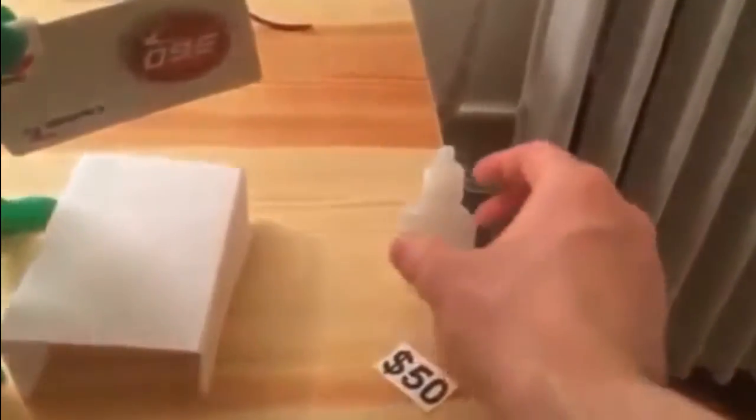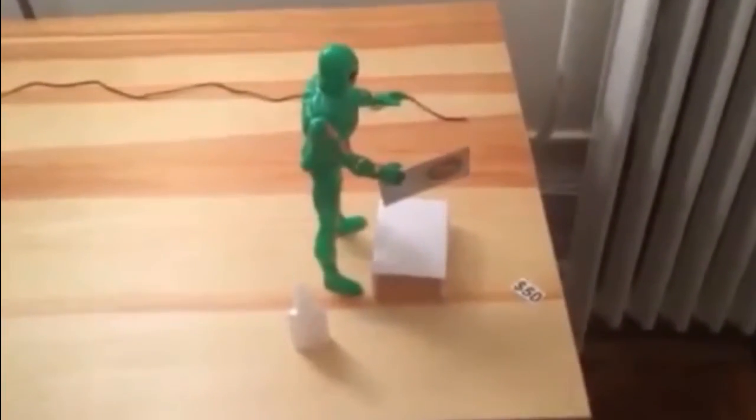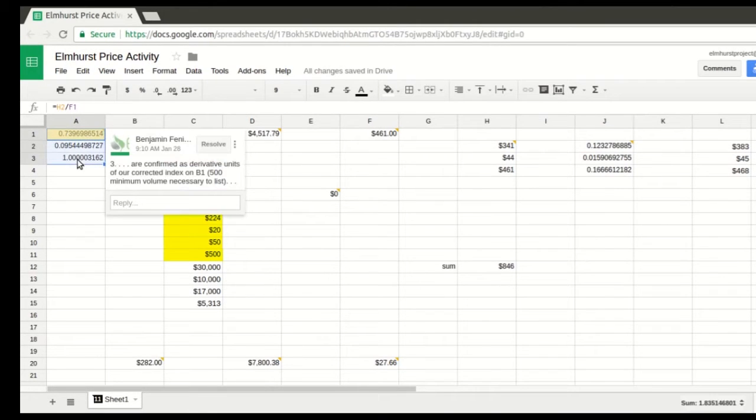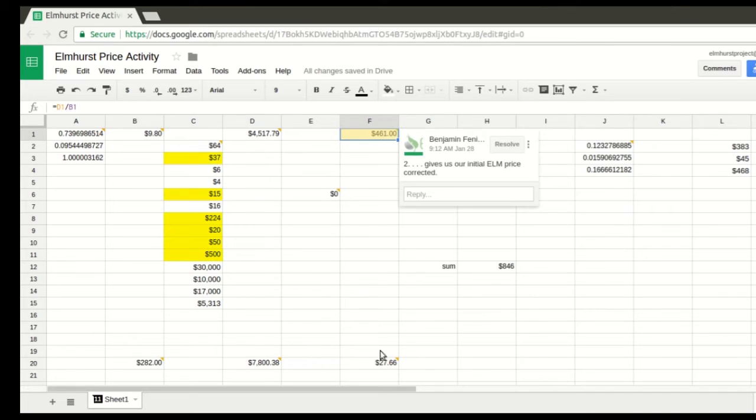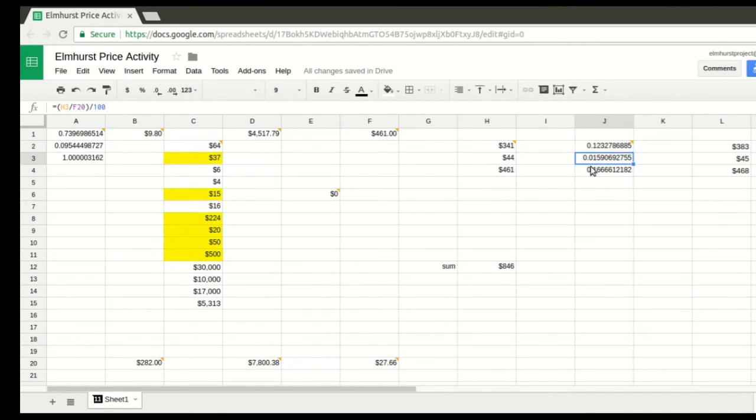Super Charisma Man receives both the Pyrex measuring cup and tier protein, and elsewhere Benjamin's team receives the beaker set along with the other researchers' requests. After the units were confirmed on Ethereum, the price, excluding external volume, changed from $9.80 to $282. Elmhurst's index, excluding the fulfilled amounts, changed from $4,517.79 to $7,800.38. Corrected to Ethereum, Elmhurst's index has changed from $461 to